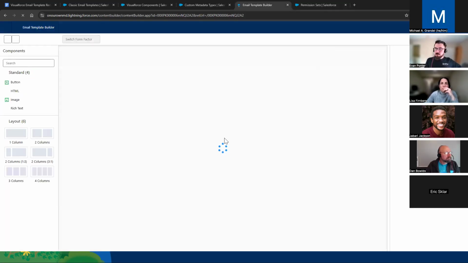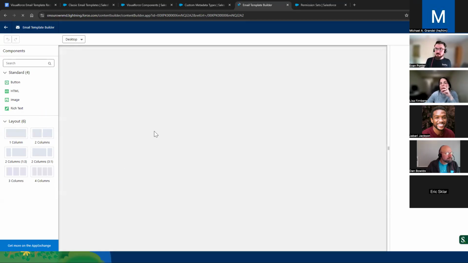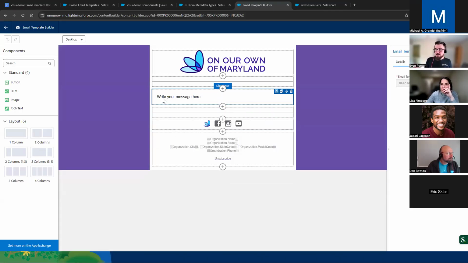Yeah, really cool to know about. Again, it's mostly for the drag and drop capabilities, gives you some cool layout stuff. As far as features it unlocks, it's not really doing anything extra for us. It's just a nicer way to build some of these if you're doing Lightning email templates. Any other questions on that before we keep going here? Thank you for putting the article in the chat there so you can read up on that. Okay,